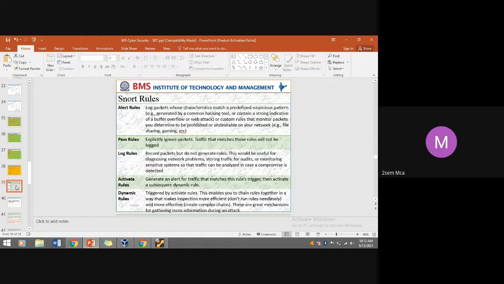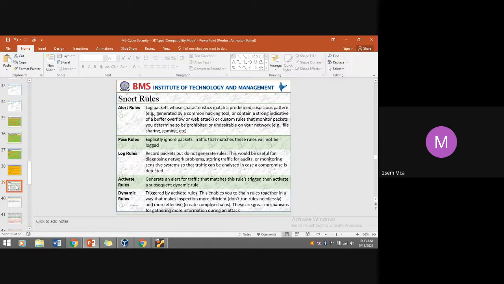If similar packets are passing through and Snort is scanning and monitoring that network, and it matches the existing signature-based database, then it is going to trigger the alert or warn the user. For example, packets generated by a common hacking tool or strongly indicative of a buffer overflow or web attack. If any such attacks occur, it is going to alert.